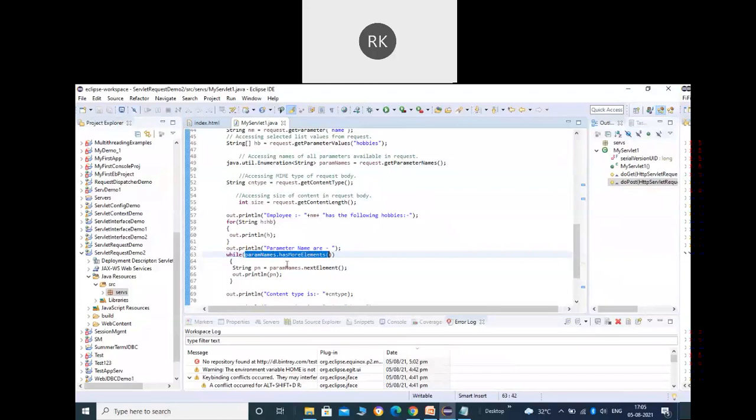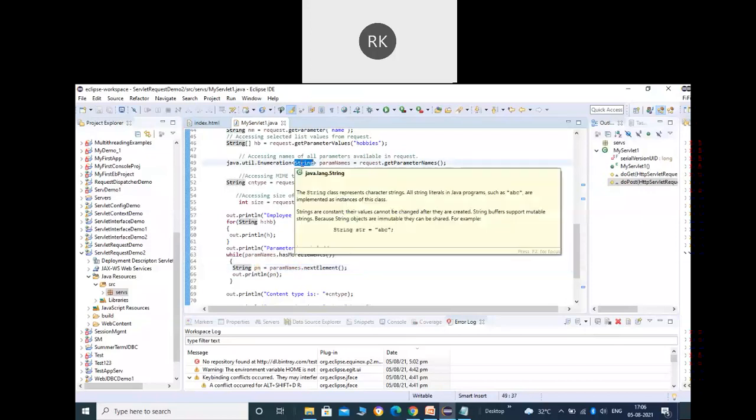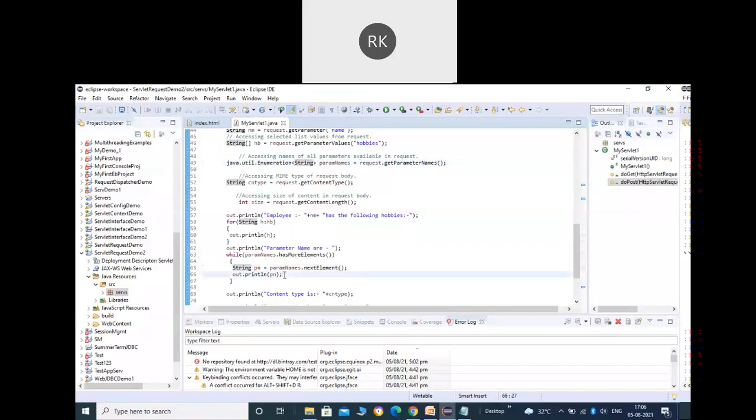The first method that we can make use of here is hasMoreElements. This method will return true or false depending upon whether the next element is available or not. If there is an element available in the enumeration, it will return true. Then the while condition stays true until all the elements have been iterated, and when no element is left, the while condition will return false and you will get out of the loop.